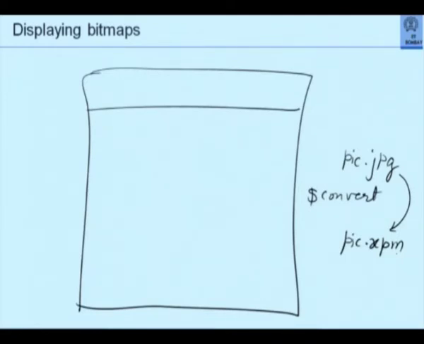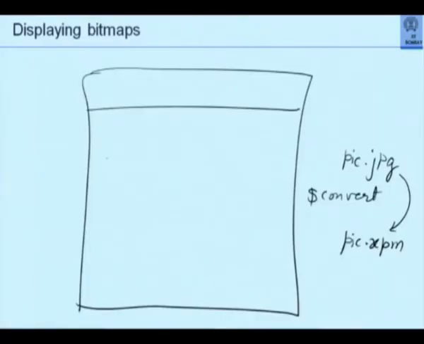So EZ Windows has a member function which says load a bitmap with this file. What that member function will do is open that file, read all the pixel specifications and draw those in whatever area you have defined here. So this will be actual pixel drawing. How can it do that? It doesn't permit you to draw pixels or millions of colors. But remember, it is ultimately based on the X11 Windows system, which can do everything.